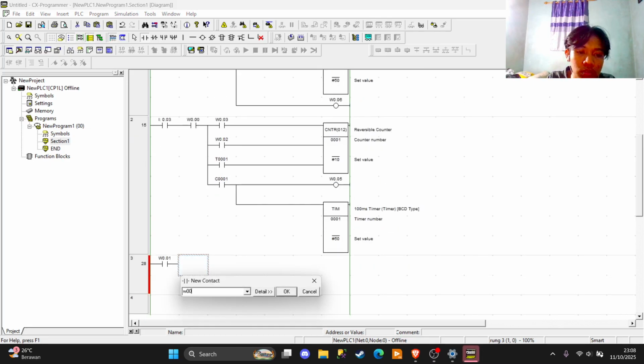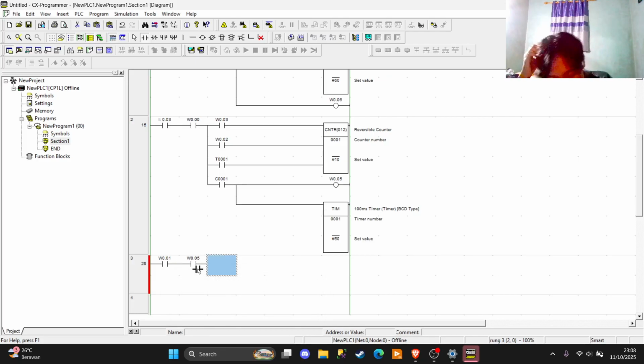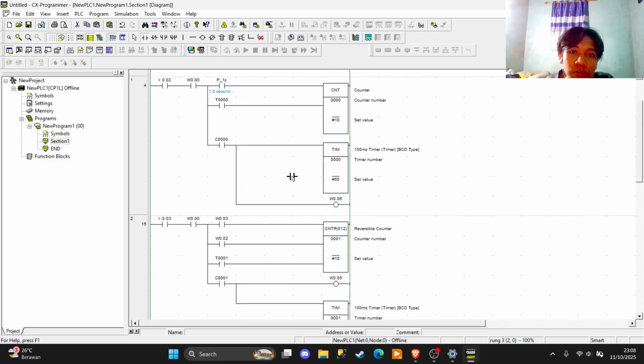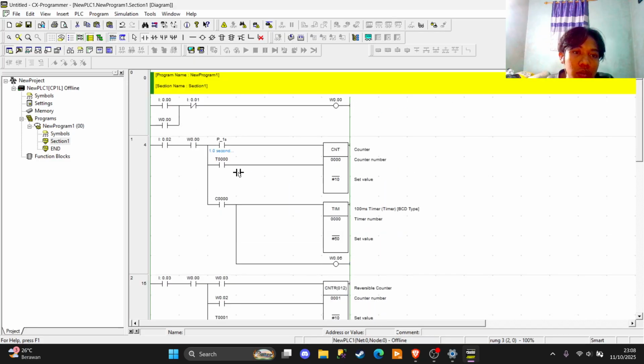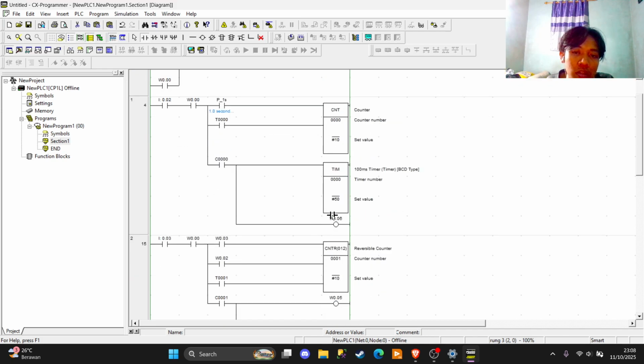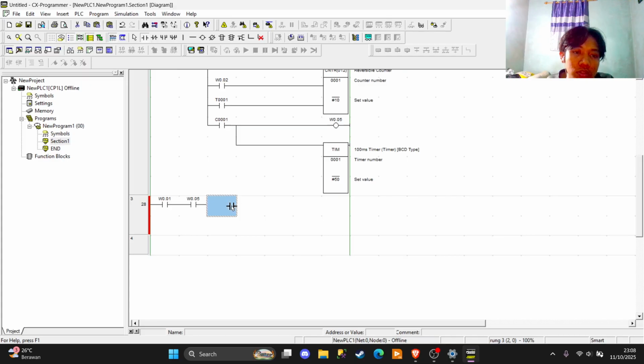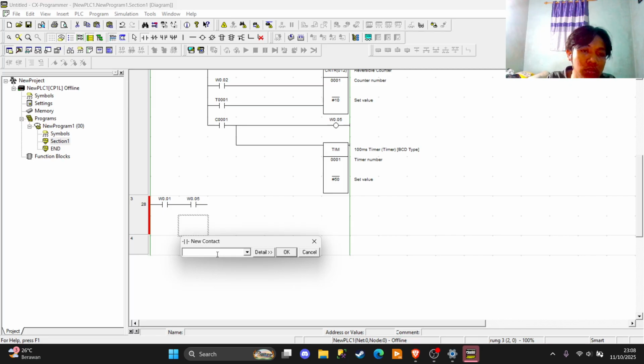The address is W005, and then we put another output from the counter rack, W006, below with W00.